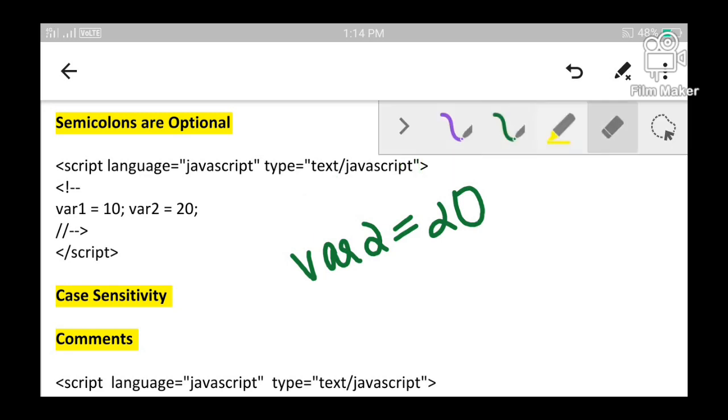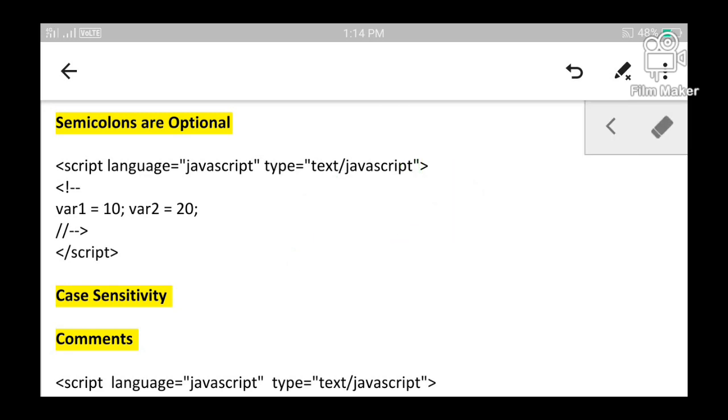So when do these semicolons become necessary? Consider this example. Here, both the variables are declared in a single line. Variable 1 equal to 10 and in the same line I am giving variable 2 equal to 20. If multiple statements are specified in the same line, then you have to specify clearly where a particular statement ends, and only then will it be easy for the system to identify where the next statement begins.